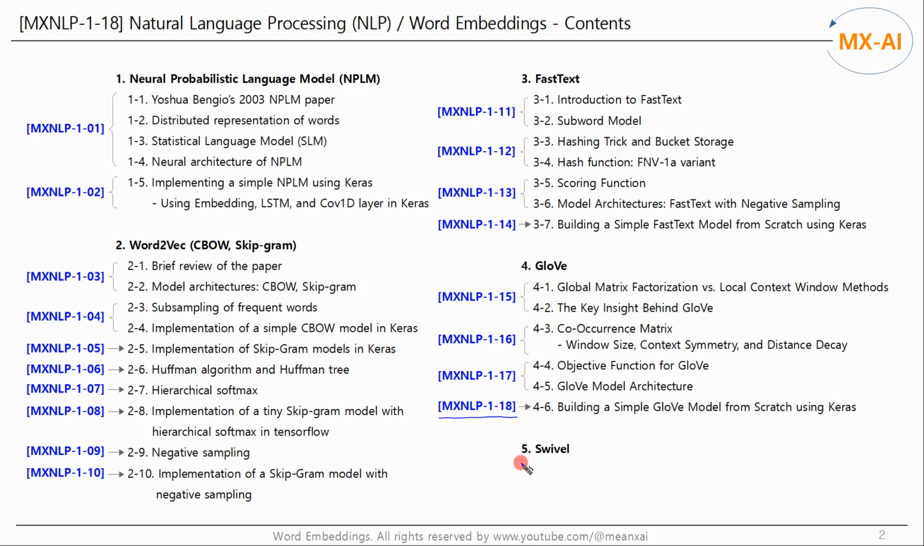In the next video, we'll move on to another count-based word embedding model called Swivel, proposed by the Google research team in 2016. We'll explore how Swivel addresses some of the limitations of GloVe and introduces a different approach to learning word embeddings